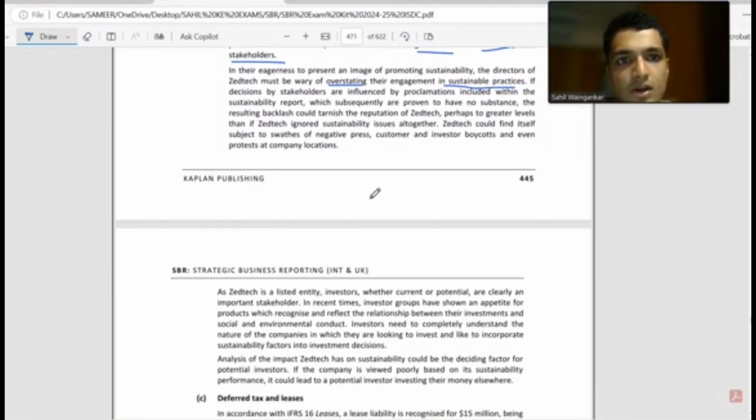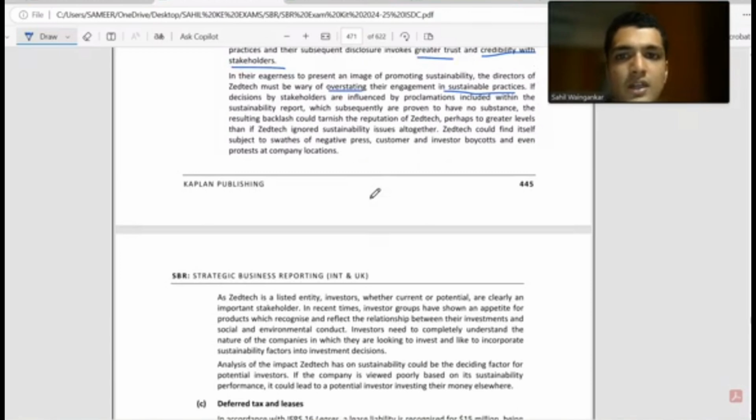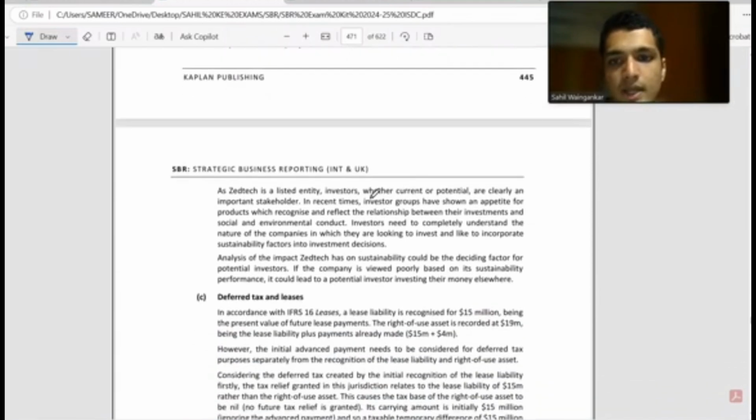Perhaps to greater levels than if Zedtech ignored sustainability issues altogether. Zedtech could find itself subject to swathes of negative press, customer and investor boycotts, and even protests at company locations. मतलब बेसिकली अगर रेपुटेशन टार्निश हो गई तो हमने जो इतनी ज़्यादा इज्जत कमाई थी वो ख़राब हो जाएगी, एंड बॉयकॉट करने पे चीज़ें आ सकती है। नेगेटिव प्रेस मतलब न्यूज़पेपर्स में गलत चीज़ें बोल दे सकते हैं लोग ऐसा।